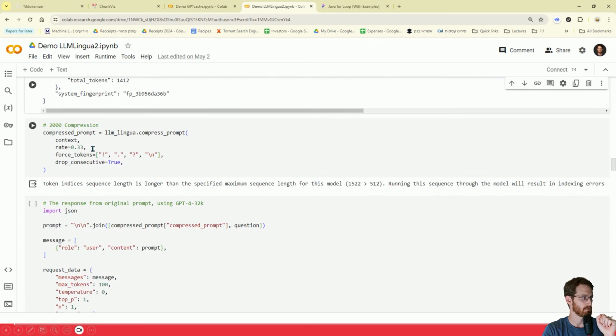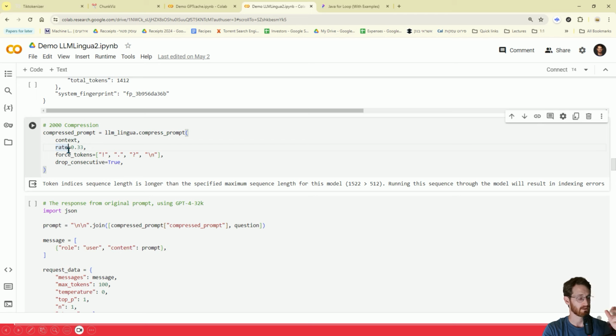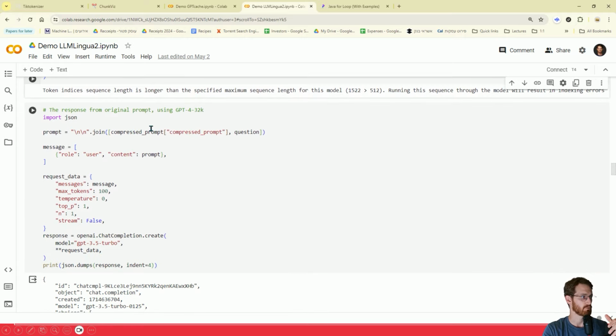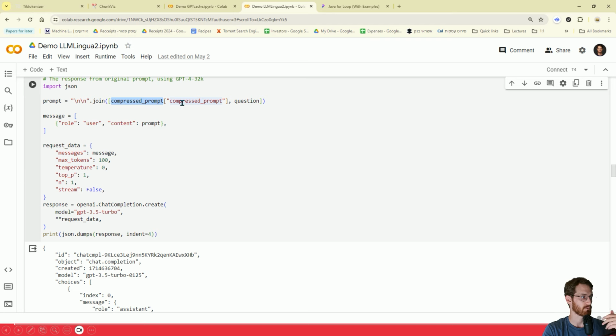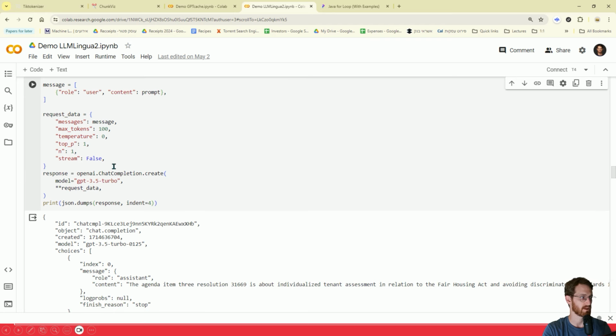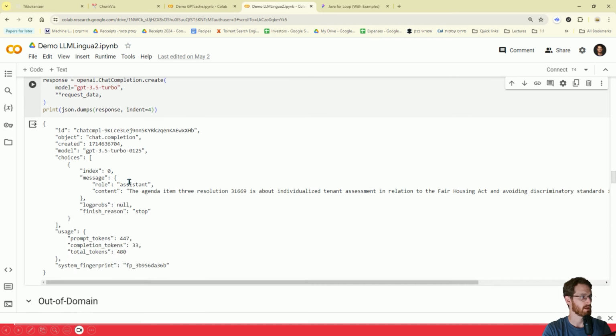Then we go through using LLM Lingua to compress the prompt, and there are a couple of things that we can control here, but the most important one is the compression rate. We run the same query again with the compressed prompt. Everything else stays exactly the same, and the result is similar, resolution 31669 and the Fair Housing